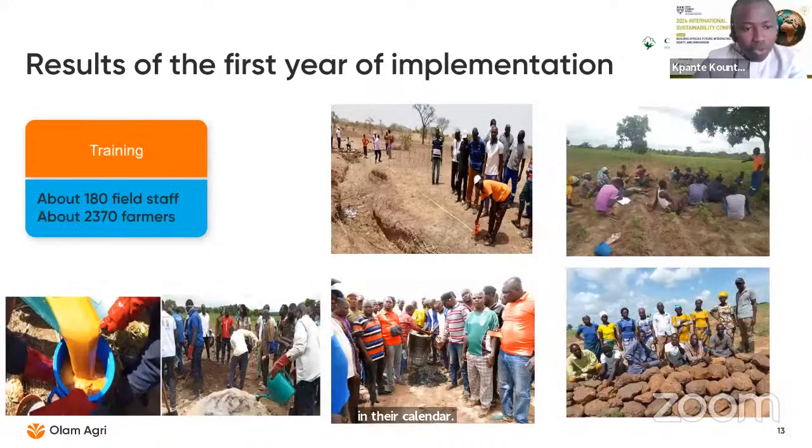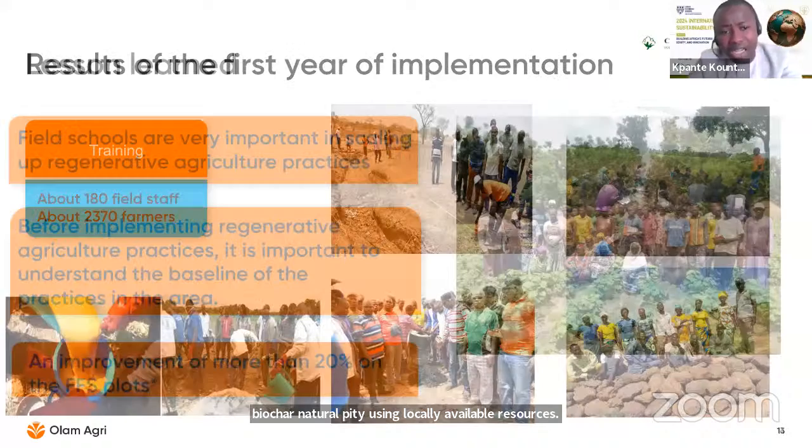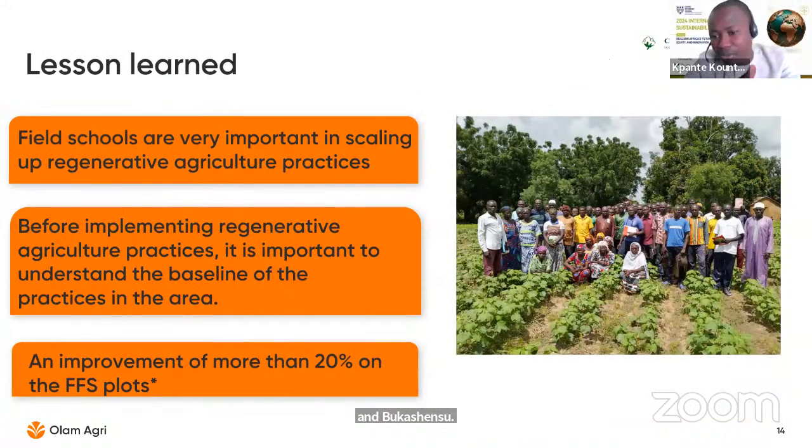For training, we trained about 180 field staff and about 2,000 farmers. And you can see in the picture the way farmers can fight erosion by treating the gully, the way they can produce biochar, natural pesticide using locally available resources, and bokashi. So, as some lessons learned from this first year of implementation,